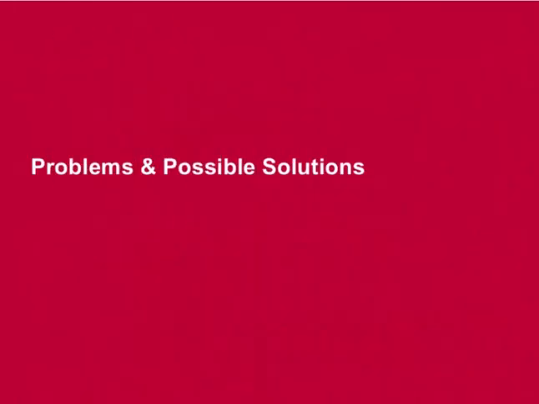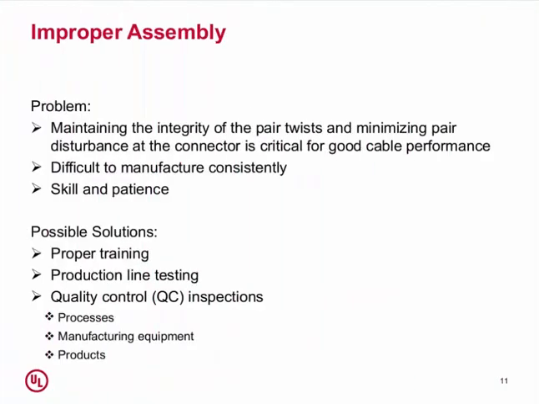Now let's go through some problems and possible solutions that we've seen with patch cords. One of the first things would be improper assembly. It seems pretty easy to make a patch cord, to put a connector on a piece of wire, but maintaining the integrity of the pair twist, especially as you get into Category 6 and 6A cabling, is critical for good cable performance. Believe it or not, that can be difficult to manufacture consistently, especially in large numbers and with speed, and it does take some skill and patience. So, possible solutions